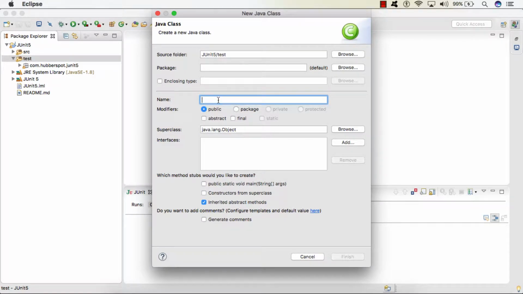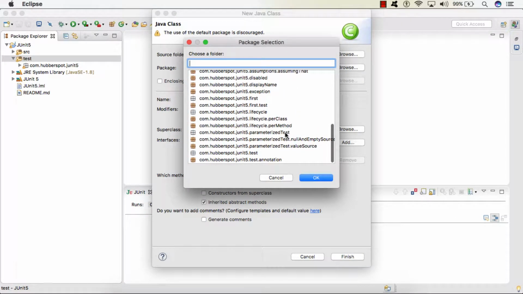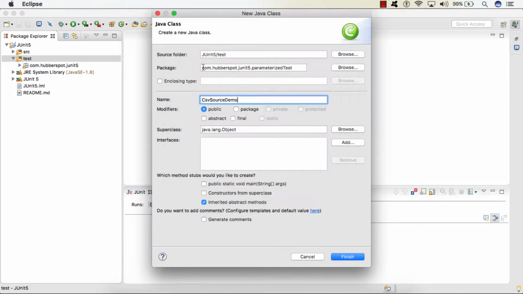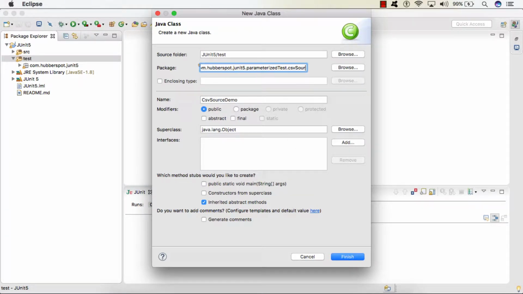We'll give it the name CsvSourceDemo and keep it in the package com.hubspot.junit5.parameterized_test.csvsource. We'll click finish.